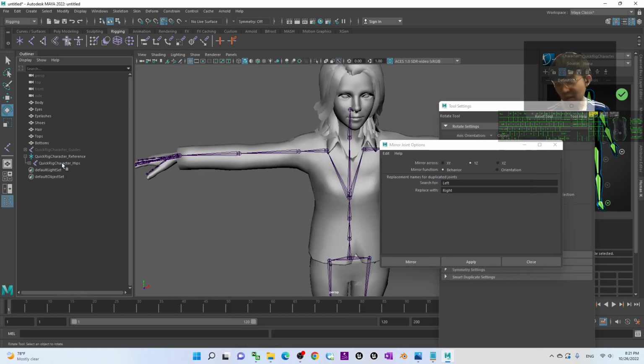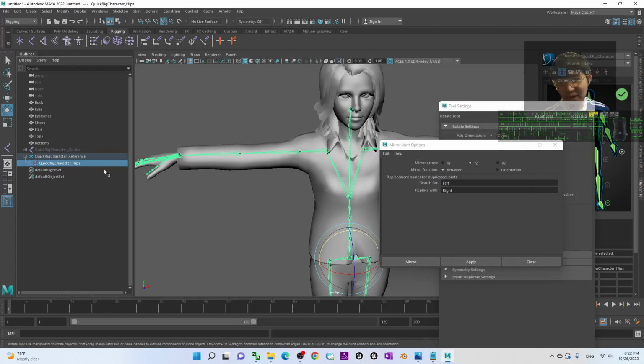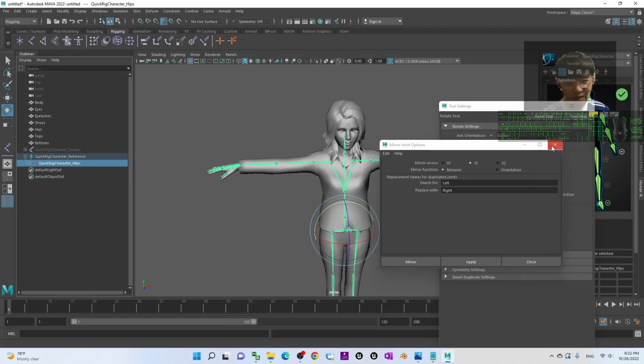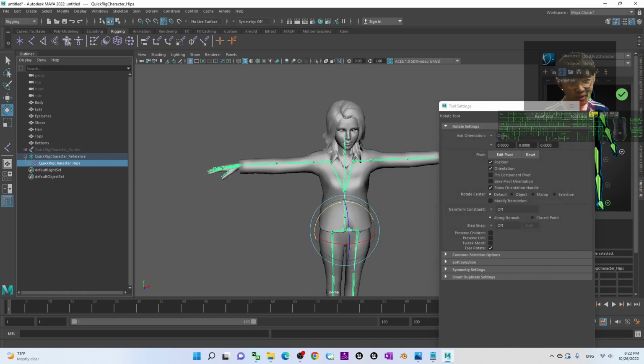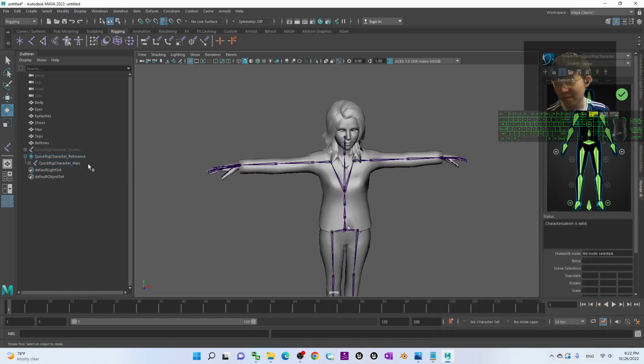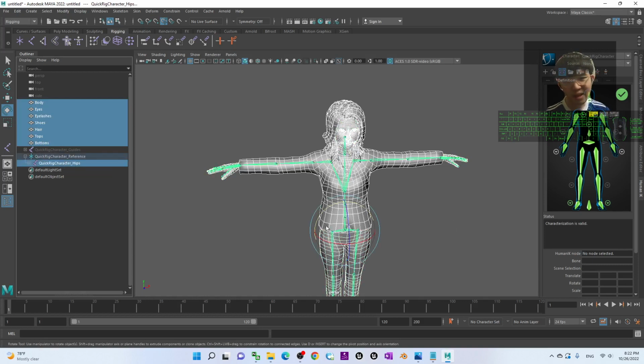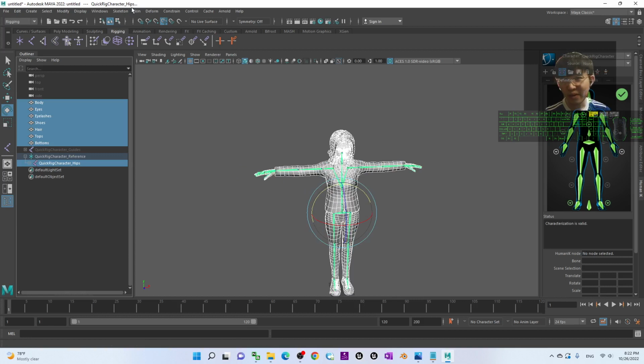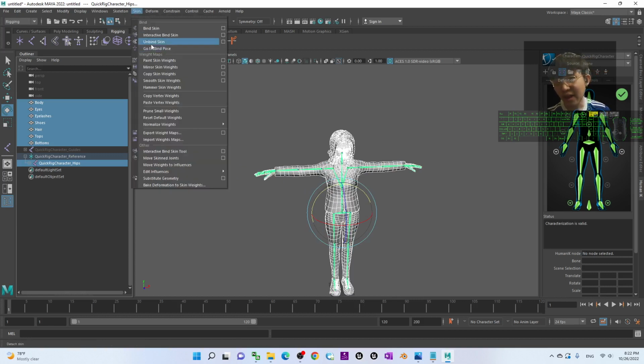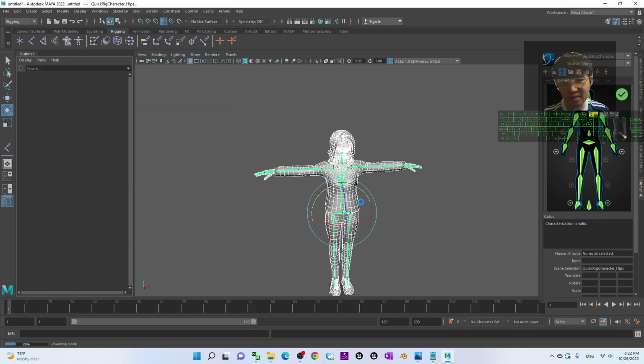The most important one is the hip. Now, once you click the hip, it selects the whole skeleton. You can close this and close here as well. What you need to do is just click and select all of the meshes and also hold the control to click the hip. Now once selected in that way, you can click the skin and then bind the skin.